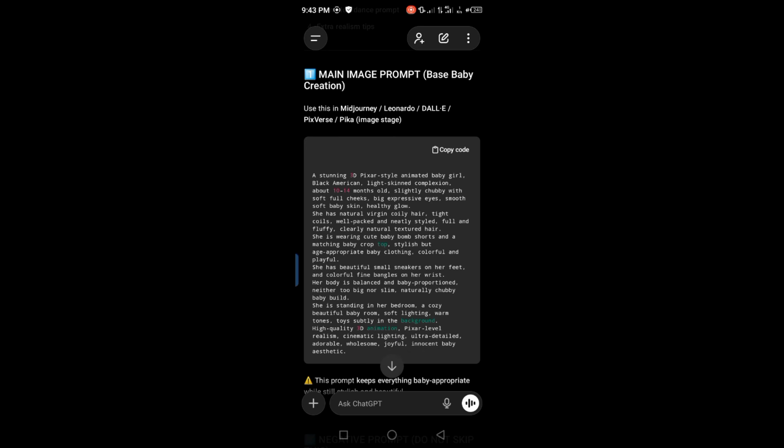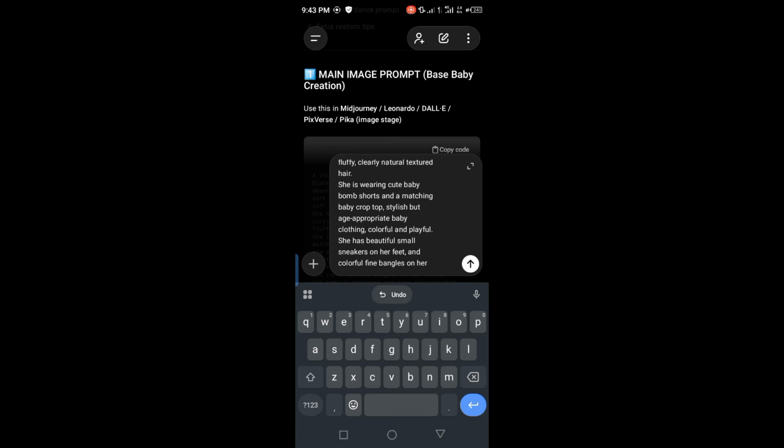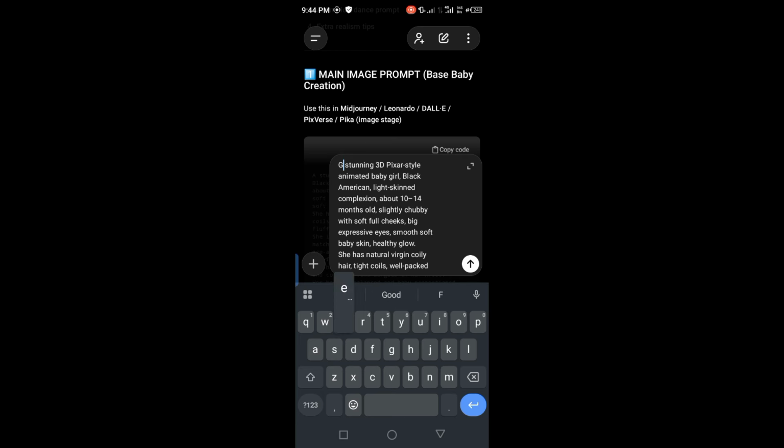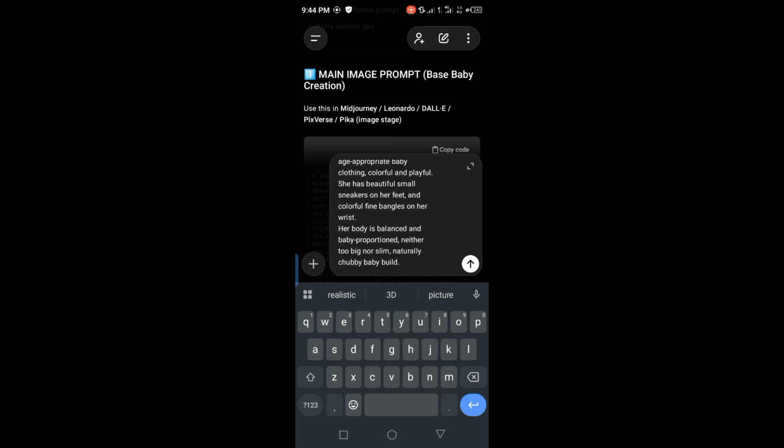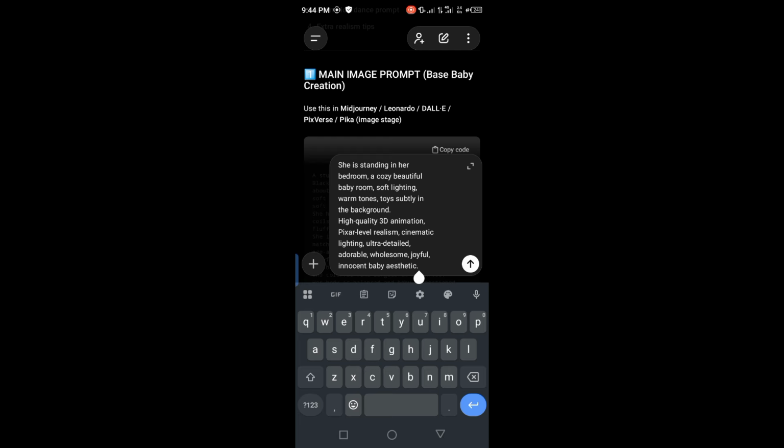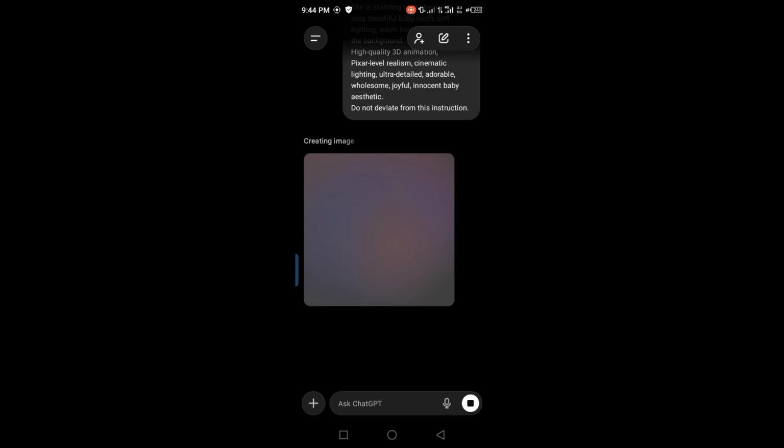So we just copy the first one here. Then we go over to this place here, and we just add, generate a stunning 3D pizza style animated baby, blah blah blah blah blah, right? Then at the end, we still add, do not deviate from this instruction. All right, let's see what it will give us. So while it's generating our image,